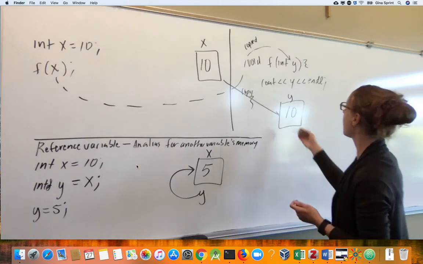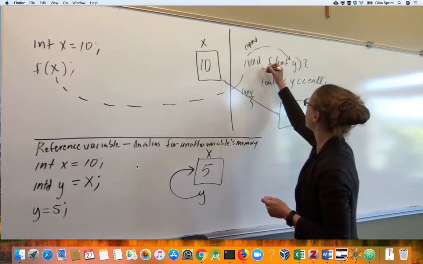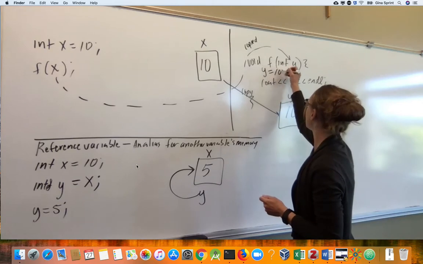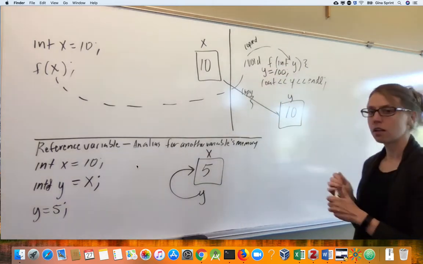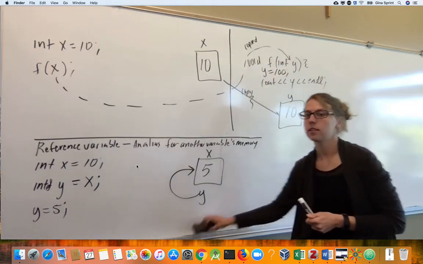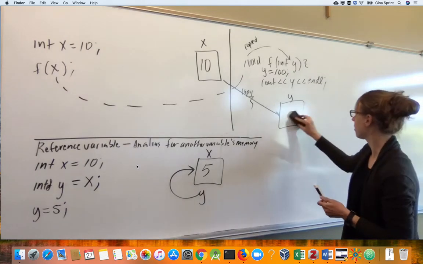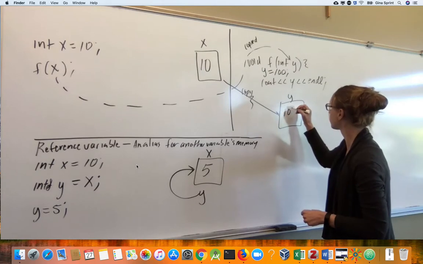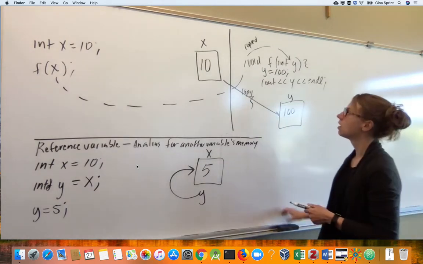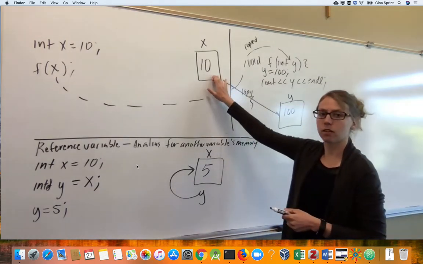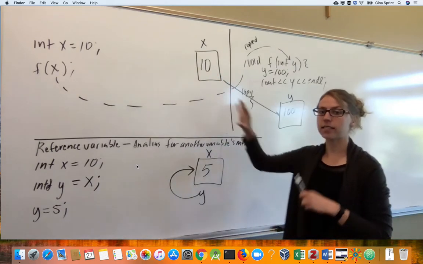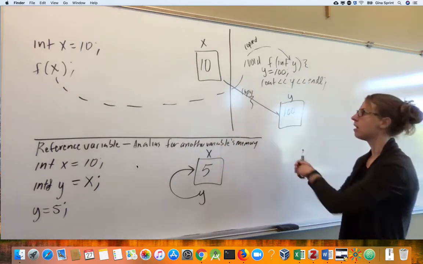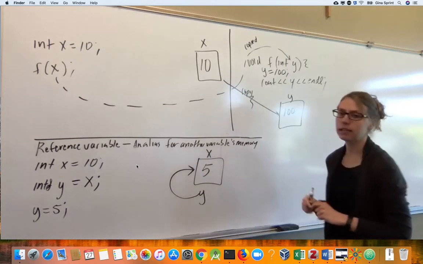If I had a line of code here, like y is assigned 100, this assignment overrides this memory location. Y now stores 100. This memory location, local to main, called X, is unaffected by this assignment because these are two completely different locations